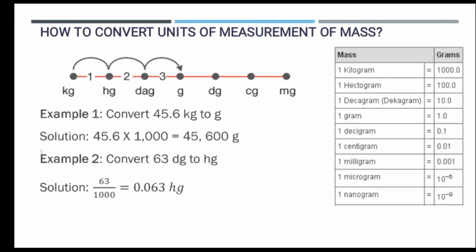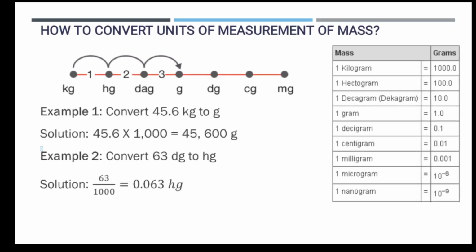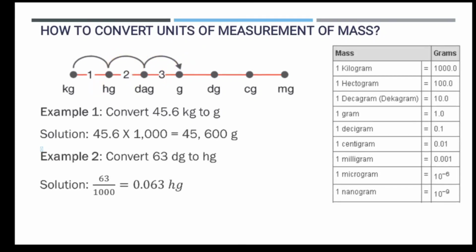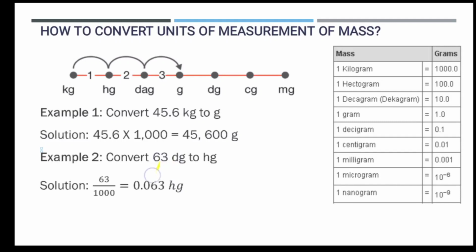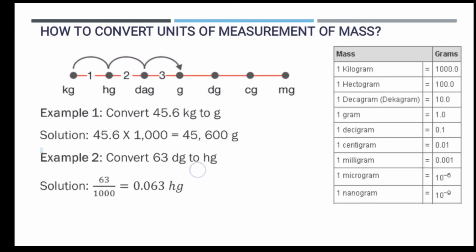Example number 2. Convert 63 decigram to hectogram. Let's have from here 1, 2, 3. Okay, 3 units to the left. In that case, we have to move the decimal point from right to left. So since the decimal point is after 3, let's move to the left 3 times. Okay, so we move the decimal point 3 times. Therefore, the answer is